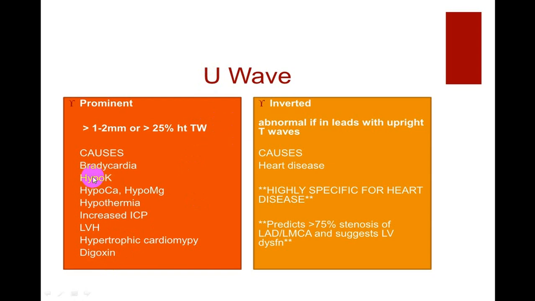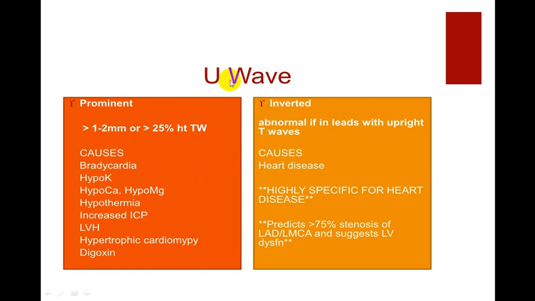There will be disappearance of the T wave and appearance of a U wave. The U wave will be taller than the T wave. The T wave will disappear. There is ST segment depression. The P wave is a little taller, and that is characteristic of hypokalemia. So do keep it in mind.